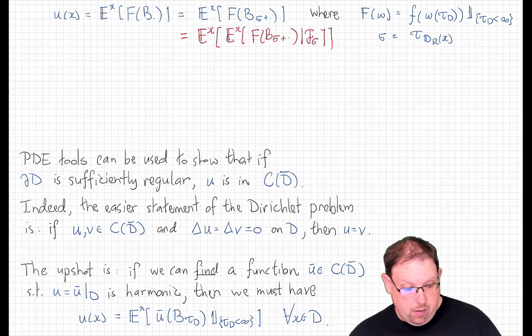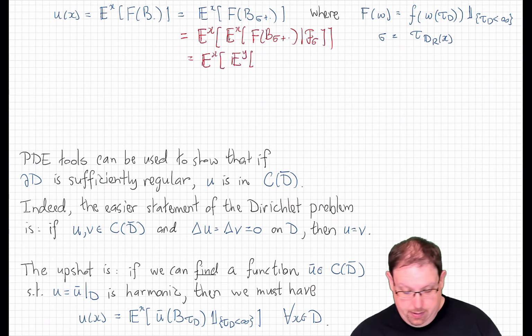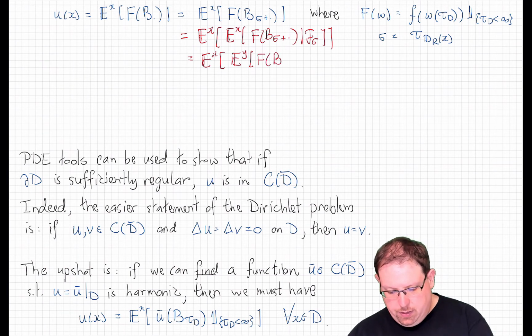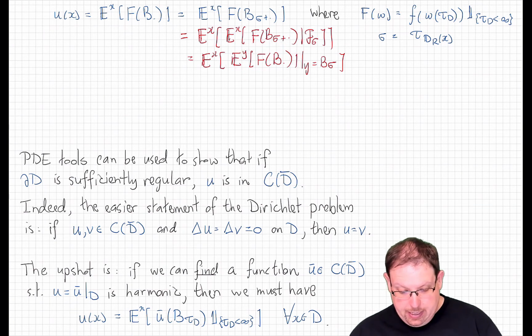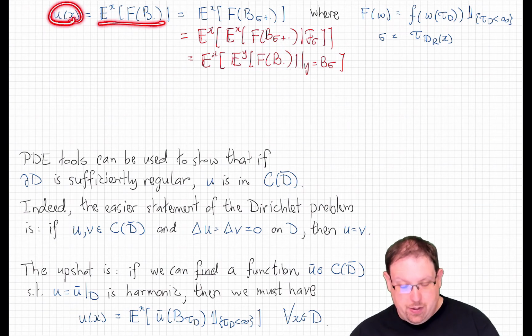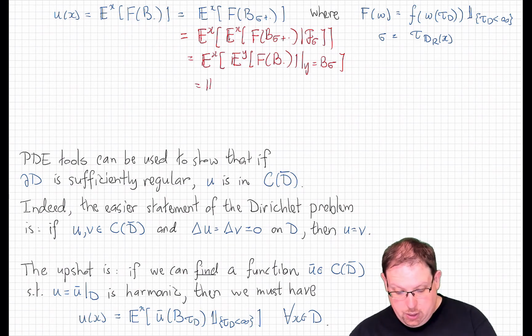Now, the strong Markov property tells us that this inside conditional expectation can alternatively be calculated as the expected value starting in some arbitrary point y of f of the unshifted Brownian motion, where y is then evaluated at the random variable b sigma. But taking this function of y is exactly the definition of the function u. That is to say, inside this expectation here, that's exactly